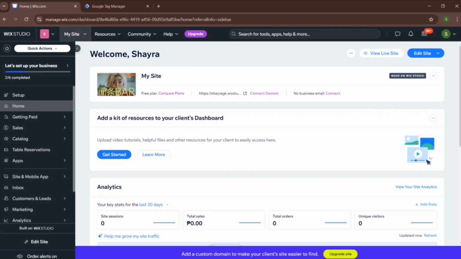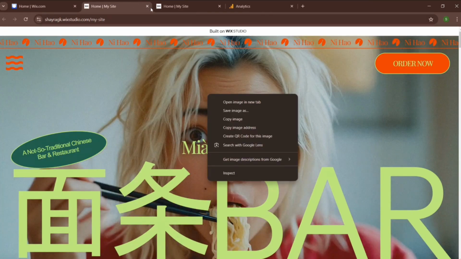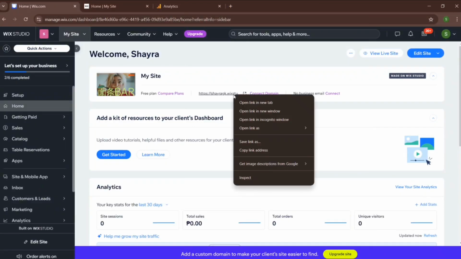And here you'll be able to find your link. So go ahead and copy the link to your website. You can also click on that and view your website and copy from there. Go ahead and copy the link of your Wix website. Now, after you have copied the link of your Wix website, you can simply go ahead and head over to